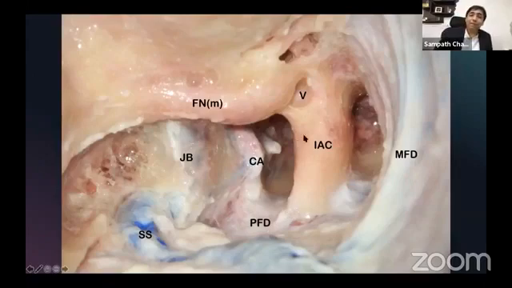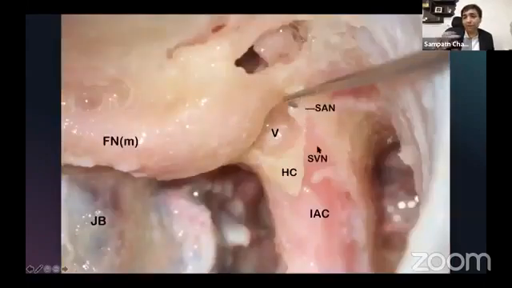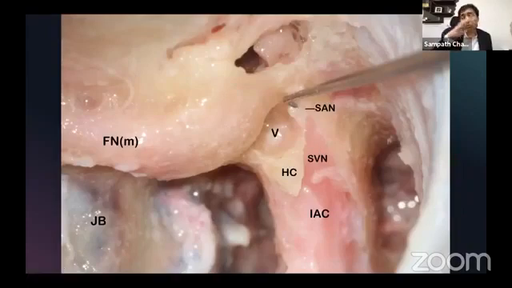How do you open the IAC? Always identify the superior ampullary nerve. Again, there is a detour from the Bill House technique of identifying the facial nerve. The Bill House technique was to go superior anteriorly, identify the labyrinthine section, identify Bill's bar, identify the facial nerve, go catch the bull by its horns, go to the facial, and then stay in front of the facial, pluck the superior vestibular nerve complex and come down.